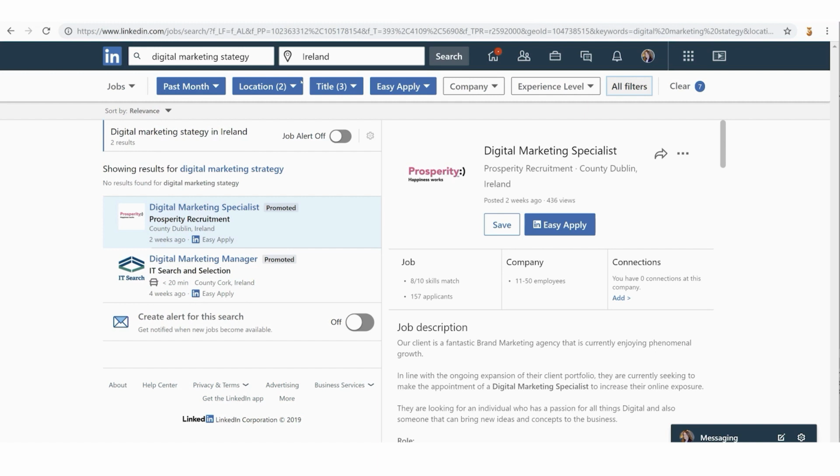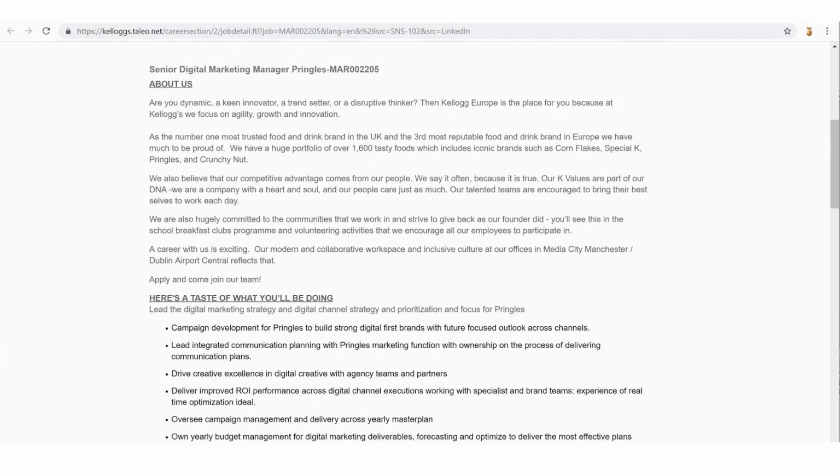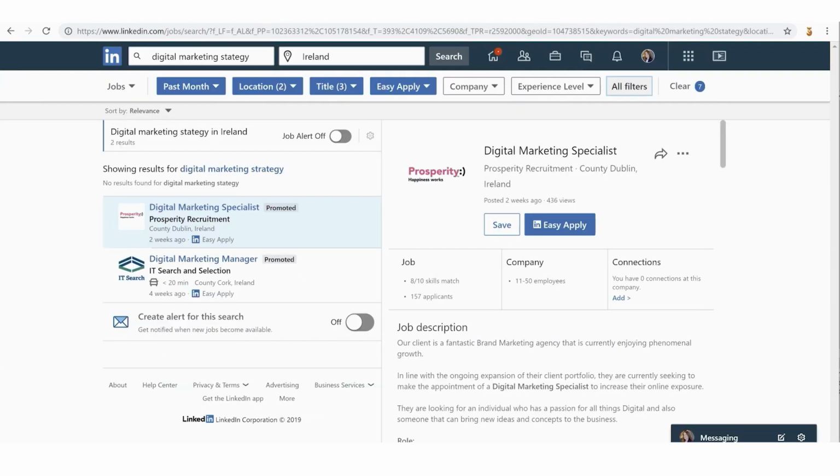However, what you could do also is look up who the talent acquisition people are in Kellogg's. Do look at their profile, maybe send them a connection request saying that you'd like to connect with them and that you've applied for the senior digital marketing Pringles job, and that you just hope that they get your application. So just be a bit smart about how you apply and how you use the full remit of LinkedIn.